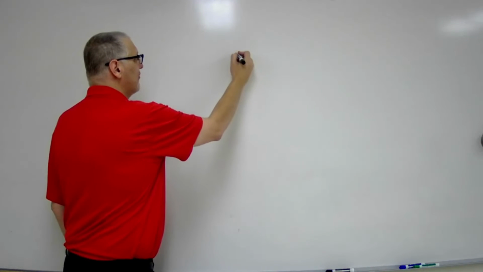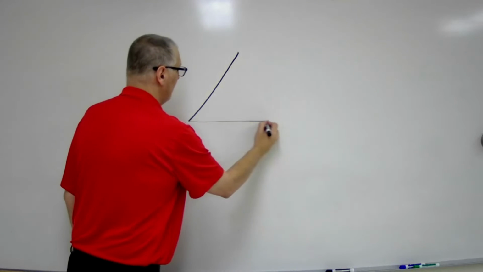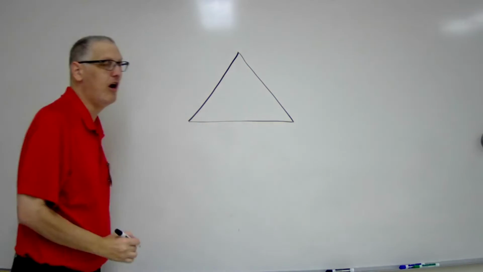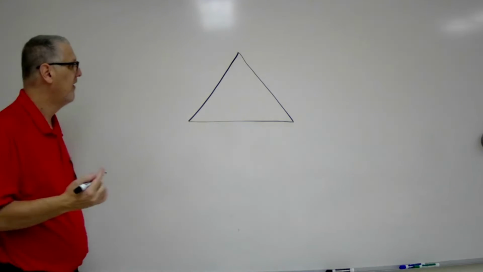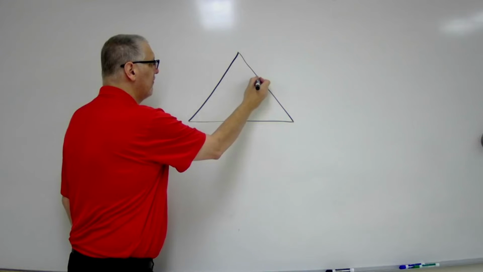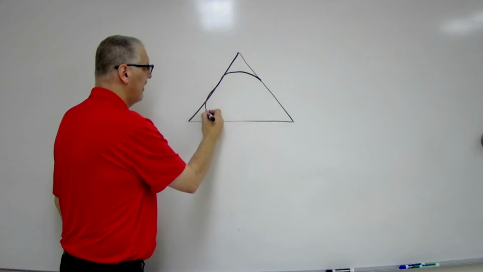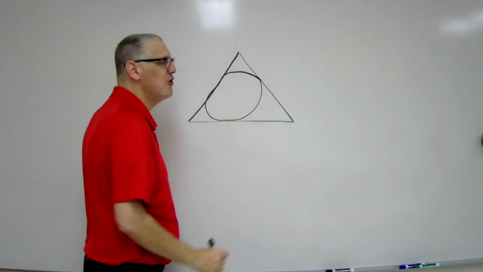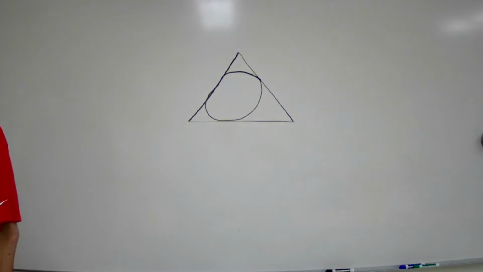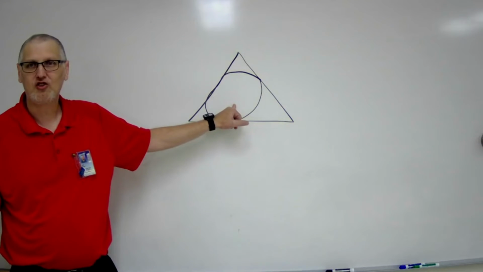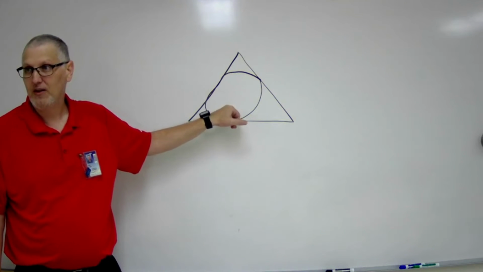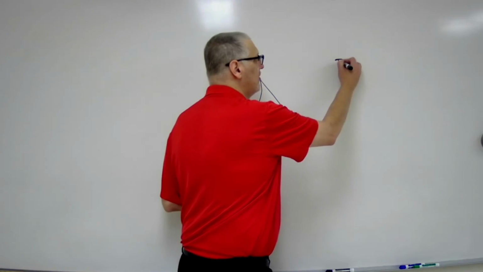If I want to start with something very basic, I have a triangle. We know how to find the area of this, but let's just use it because it is a trivial example of the basic idea of how this is originally found. If I inscribe a circle, use your imagination, that is a circle. Say this was a shape we didn't know, but we do know how to find the area of a circle. I can find the area of the circle, right? In this case, this inscribed circle,